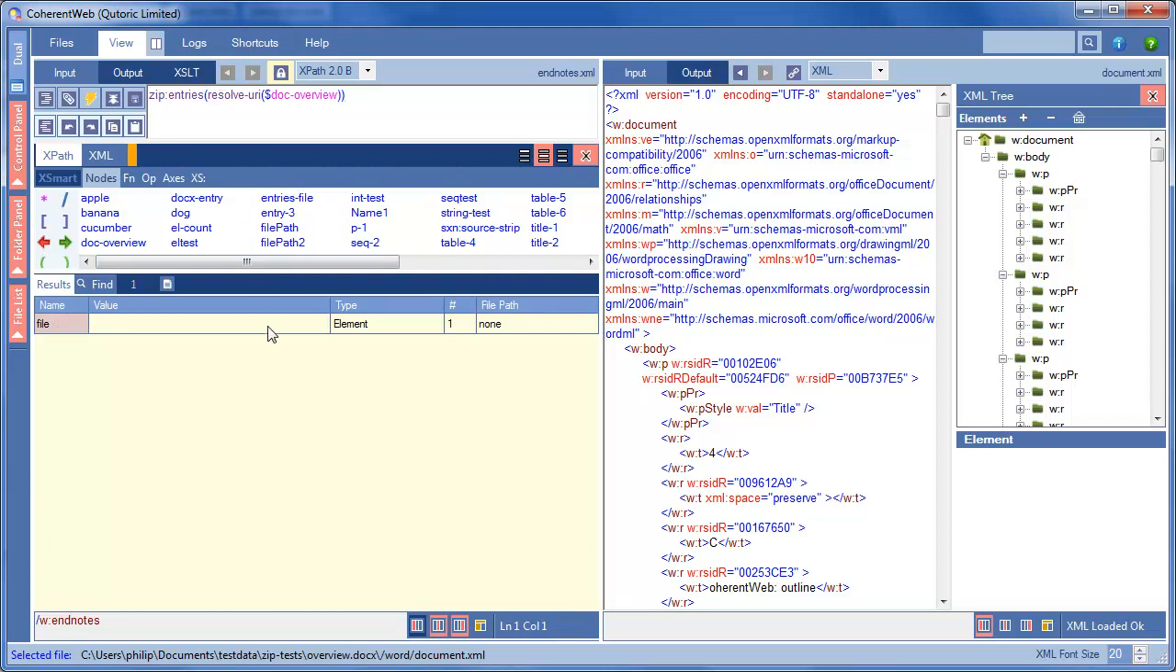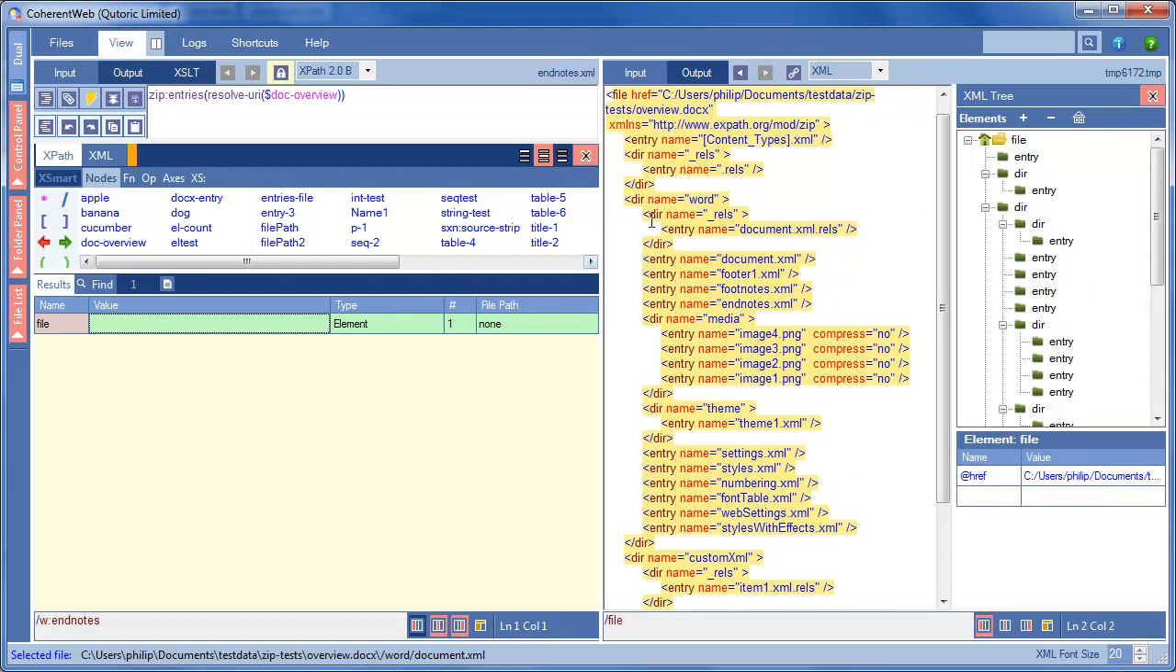Okay, and in my results list here it tells me that I've got a single result and it's of type element and it's called file, and so if I click on that it selects that in the adjacent panel here, and we can see that what entries actually returns is a file element with a representation of the internal directory structure of the zip package of the file that we're looking at, which in this case is a Word document,